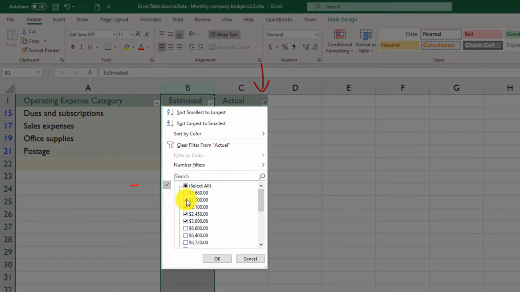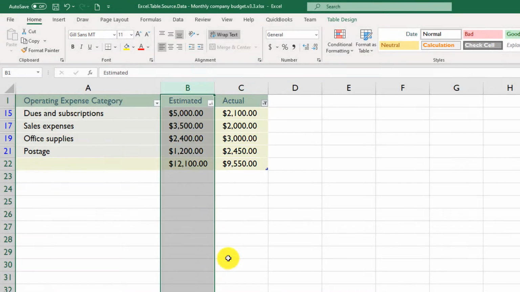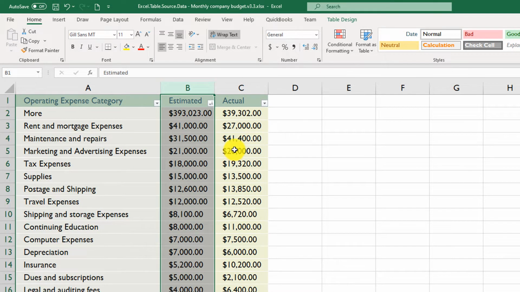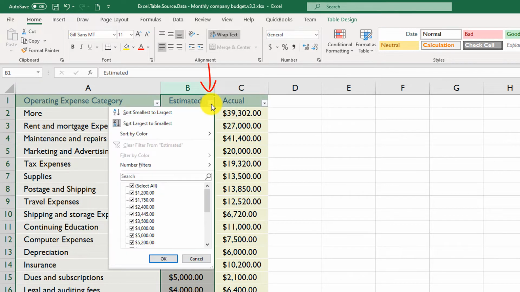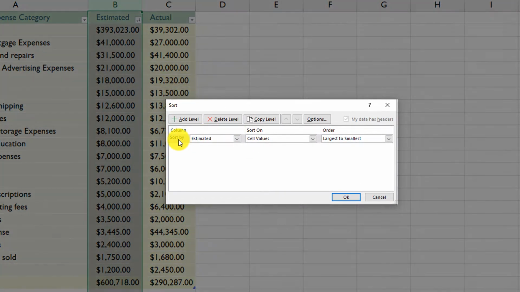And instead of having specific values selected, we just need to click on select all, and then we reapply it and remove the filter. To remove sorting in Excel table, you need to select the drop-down box in the column based on which it was sorted, and then navigate to sort by color, click custom sort, and here you see that it was sorted by estimated